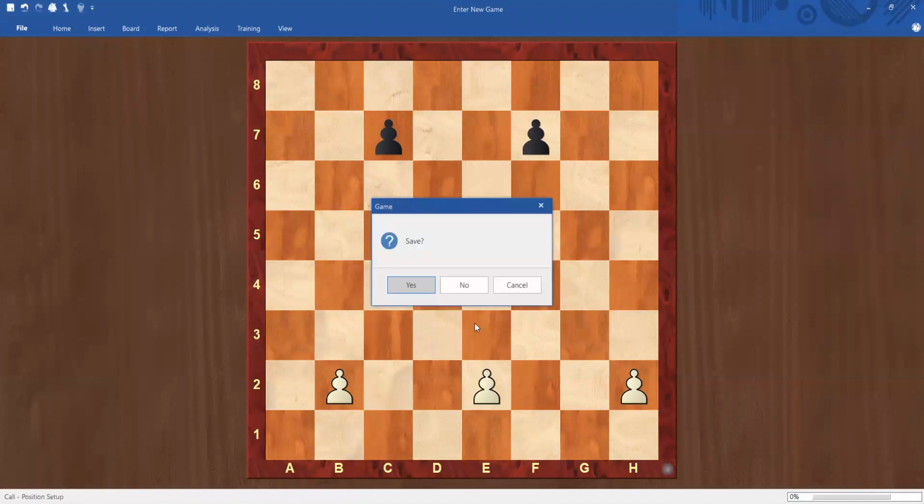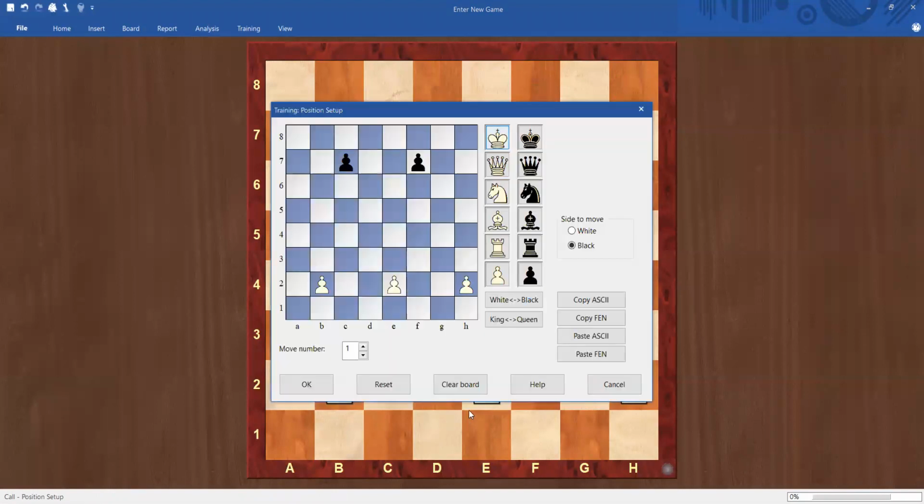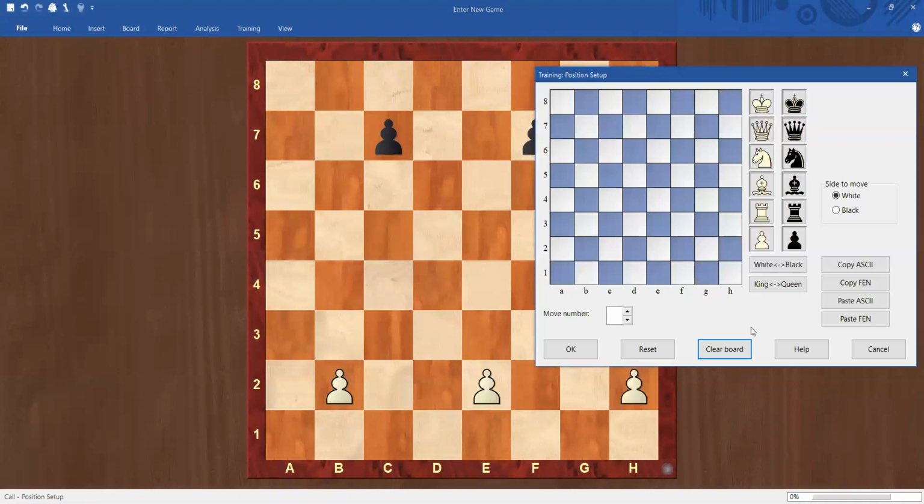So now we have learned. We do have special rules like en passant. Later on I will tell you about castling, en passant and other things. This session was only about learning the pieces. So we have learned how the king moves, queen moves, bishop moves, rook moves, pawn moves.